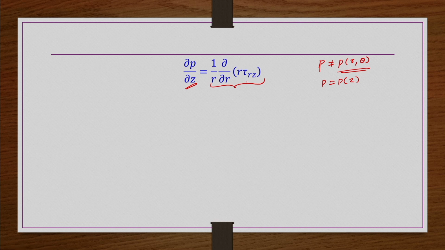Similarly, the right hand side term is all a function of r, and then tau rz, it is having vz, and then it is a function of r only, it is not a function of z. So, for the right hand side term, the left hand side term, whatever dou p by dou z term is there, that is constant. That means we can integrate this equation independent of each other and then get the solution. Okay. So, that is what we are going to do, right.